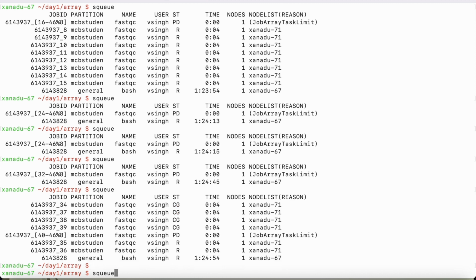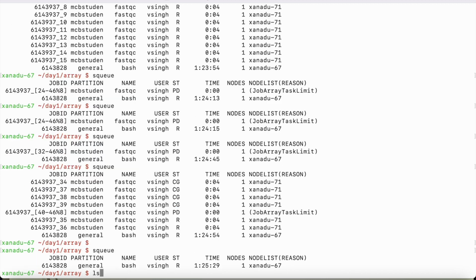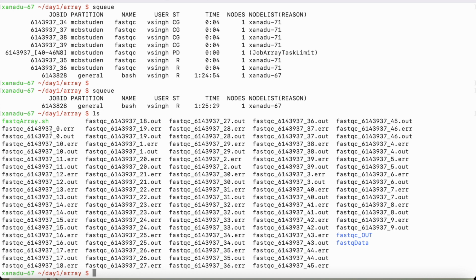Okay, let's look at sq. Everything is finished. And now for each submission, for each different input file, we got different error and out files. So that's how an array job works. What we looked at is that the SLURM array task ID is a variable that keeps track of how many jobs are being submitted, and based on that SLURM array task ID, it can pick up different files